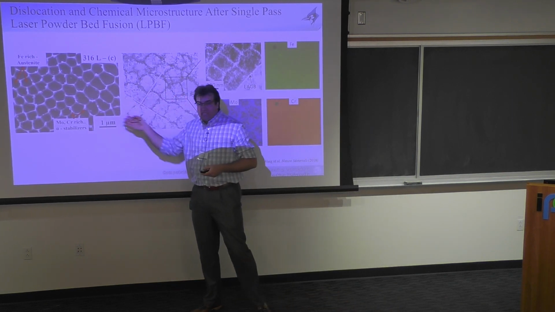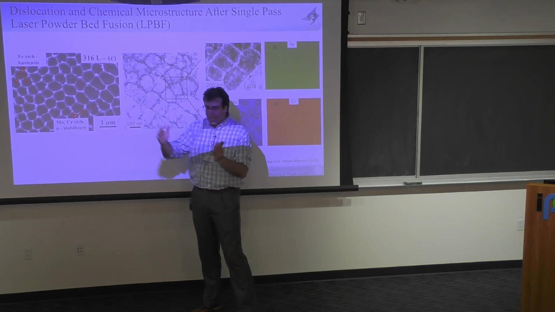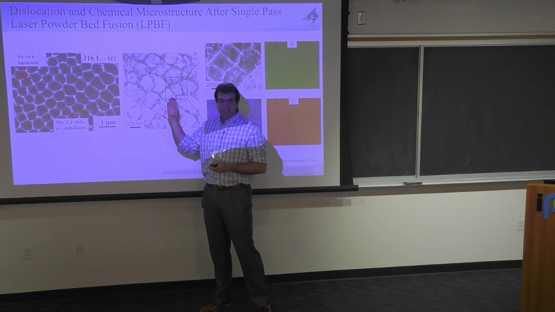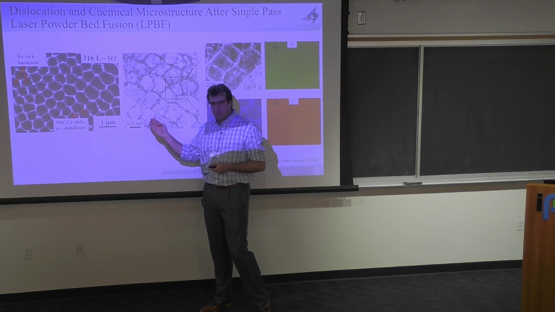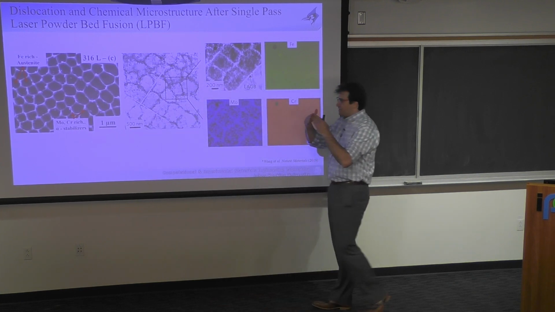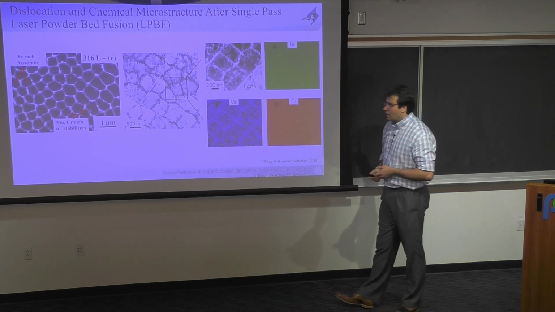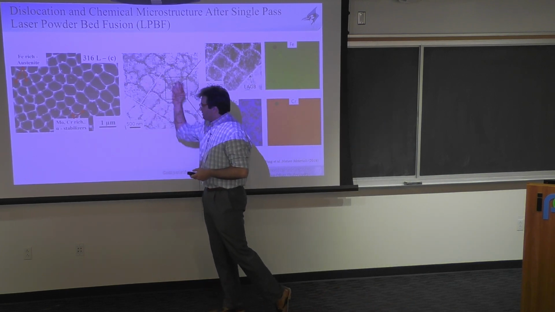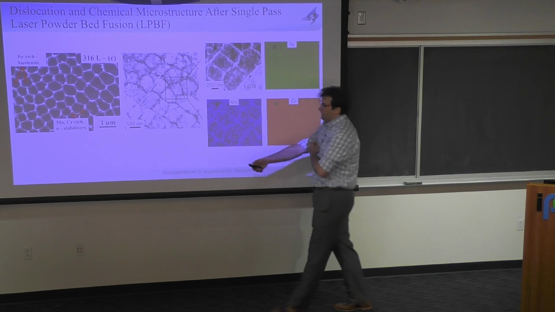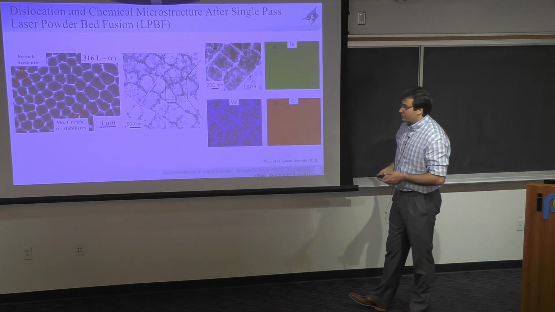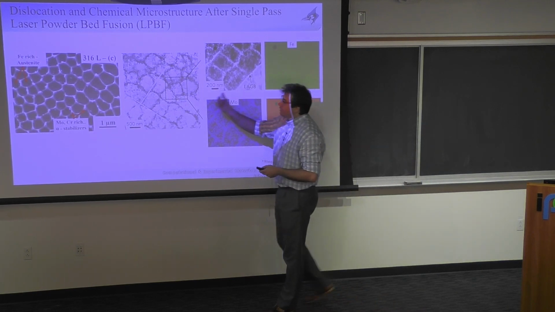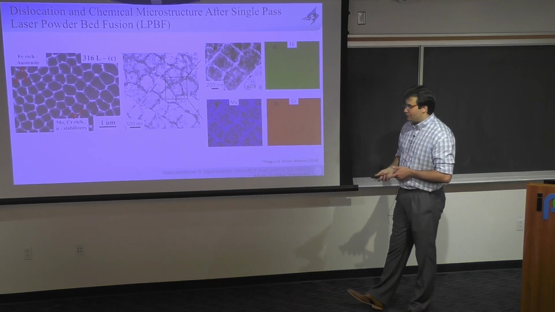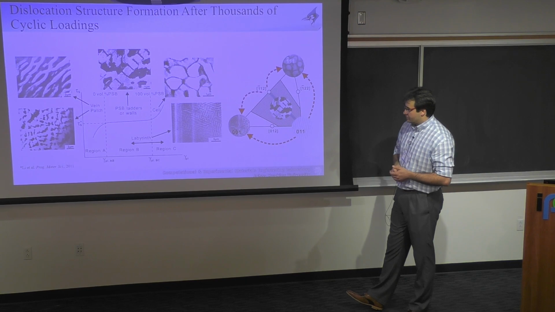If you do fatigue experiments, as an example, or if you do mechanical loading on a sample, typically you get cells forming, but the cells typically won't be aligned along 100 directions. They would be aligned along the intersection of slip planes, and thus you're going to get more of 110 type alignments. So first of all, the puzzling question that they had is how do these cells form? Where do they form? But in addition, how do you actually use that, or why does that end up influencing the mechanical properties significantly?